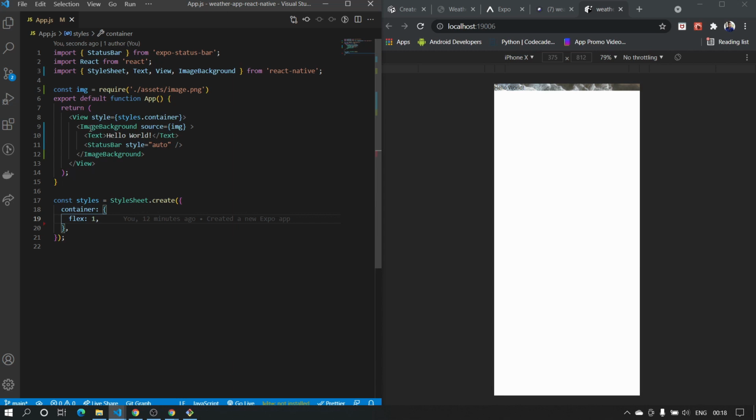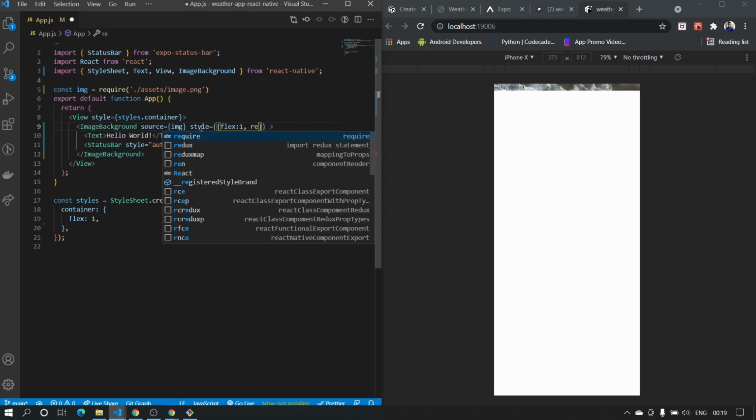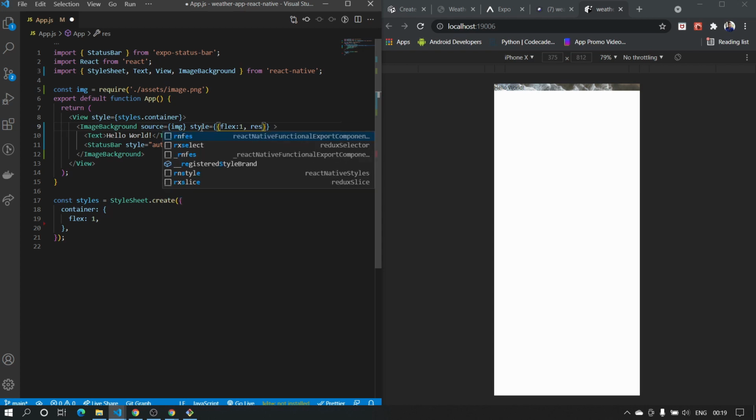Now we need to style the ImageBackground. As I said, there is another way, so we'll style using that. Style equal to, here itself we can do inline styles, using double curly braces. We can say flex: 1, and resizeMode cover.